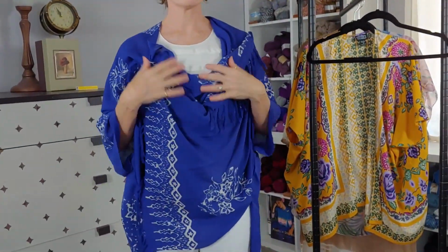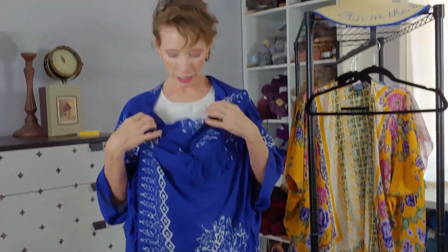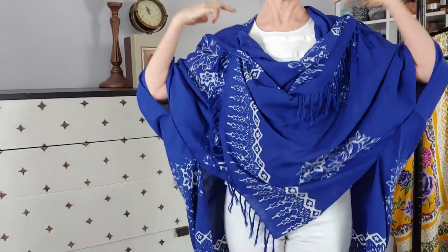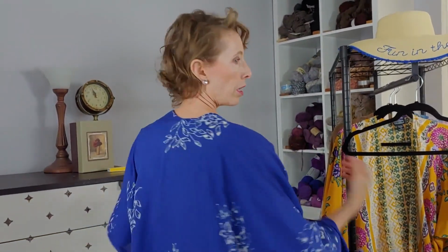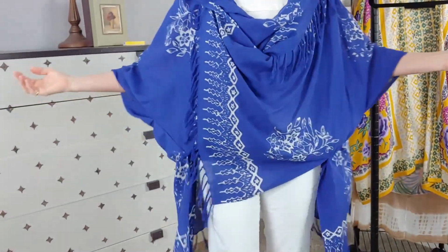I would have a beautiful scoop neck here, almost more of a cowl neck. Depending on where you pin the tops, I could pin them back a little farther. You could do this when it's not on you, if that's easier. But here's another great way to wear your